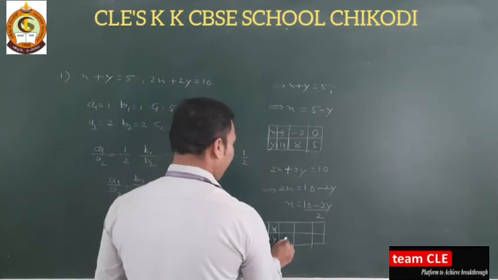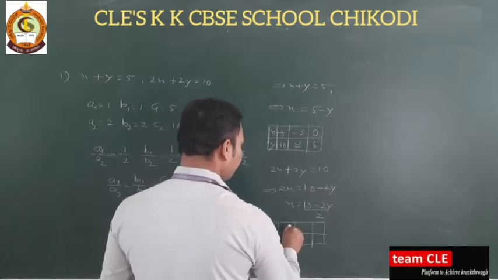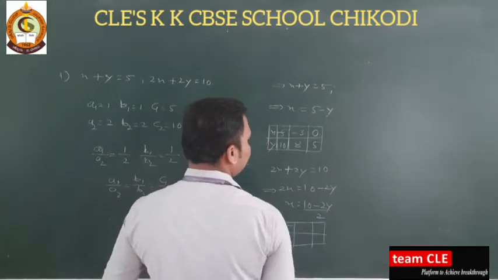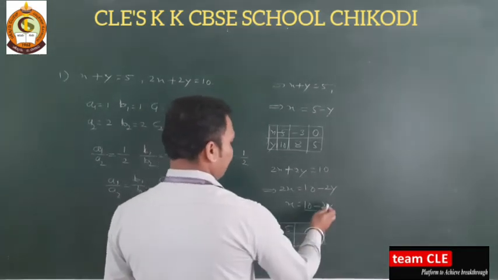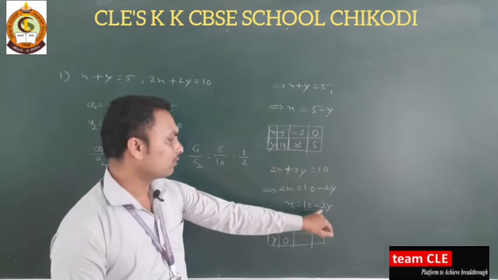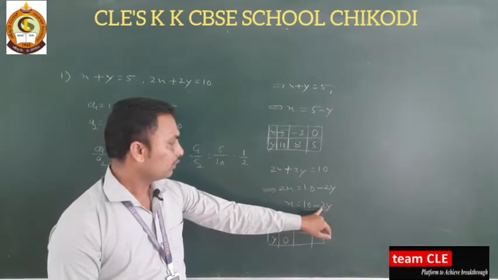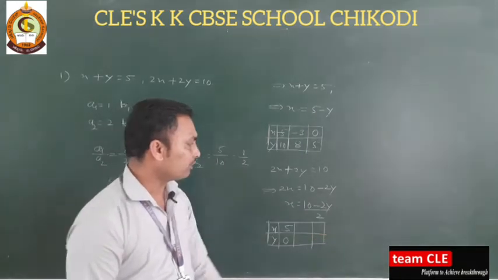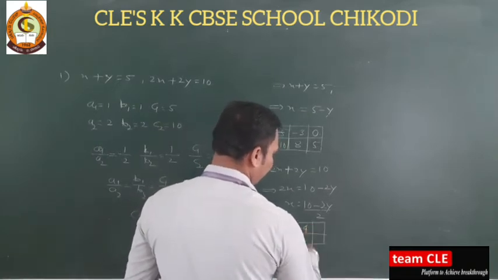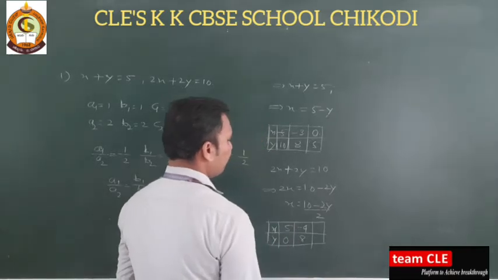Once you substitute y is equal to 0, 2 into 0 is 0. So 2 ones are 2, 5. So we will get x is equal to 5. Next you can substitute some other value. Well, you can take 8. So 2 into 8 is 16. So 10 minus 16 you will get is minus 6, divided by 2, minus 3. And for y is equal to 5, you get 0.